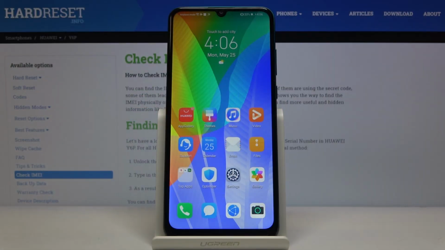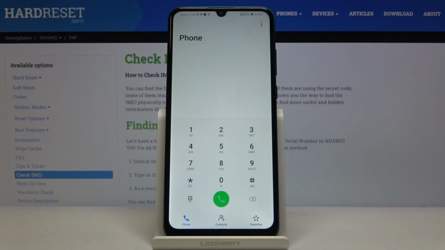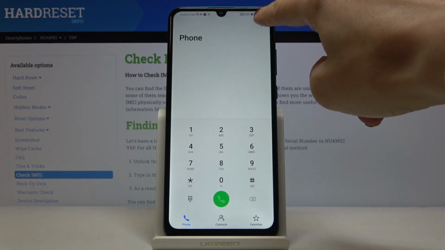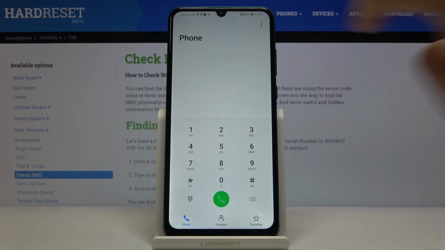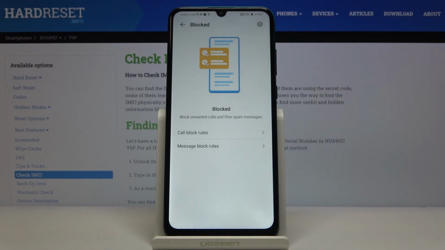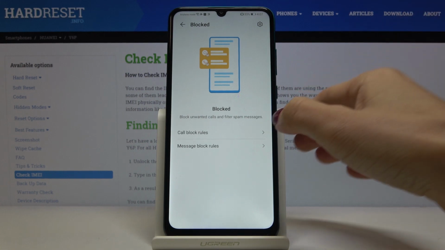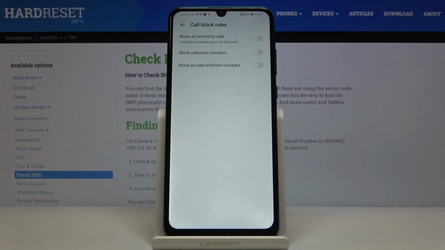Here I've got Huawei Y6P, and let me show you how to block a number on the following device. So at first you have to open the phone dialer, then go to the more icon, select the blocked, and now if you would like to set some call block rules, just tap here, and you can either block all